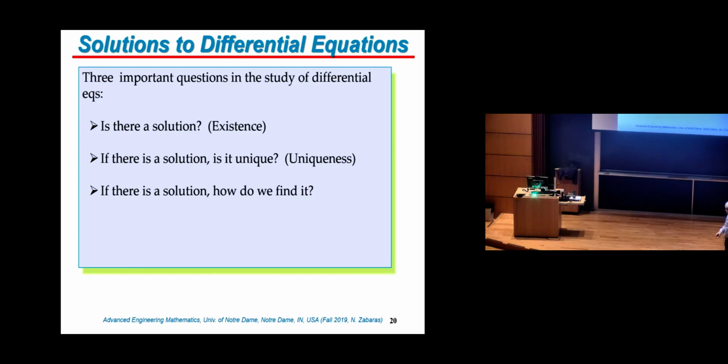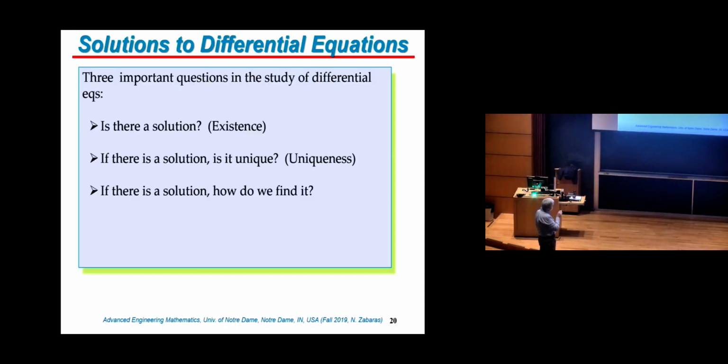There are some very interesting equations in physics that have multiple solutions. In dynamical systems, you all know, right? You start with something, and somehow something goes crazy, and suddenly you see yourself jumping up there, because the system is unstable, giving you multiple solutions. So this issue of uniqueness is extremely important. Again, we are not going to do any proofs in this course because we are elementary in whatever we cover.